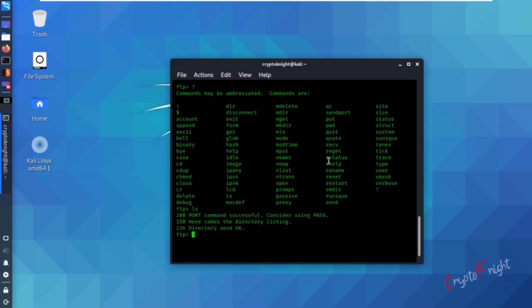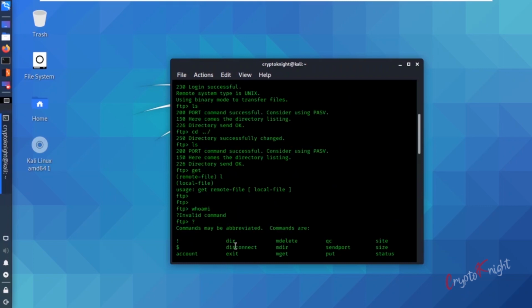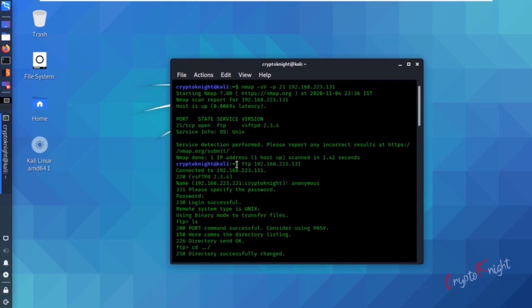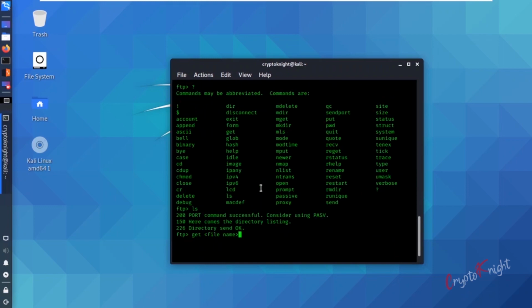One command I would like to tell you is this: since we are able to connect to the victim through FTP, if we are able to ls and let's say we get some secret.txt or some file, and we want to download that file to our attacker computer, we can simply type get followed by the file name. As soon as you enter the file name and hit enter, you will observe that the file is downloaded to your computer. Where will it be downloaded? From where you ran the FTP command. Here FTP was run from the home directory, so that file will be downloaded in the home directory. This was the manual approach.